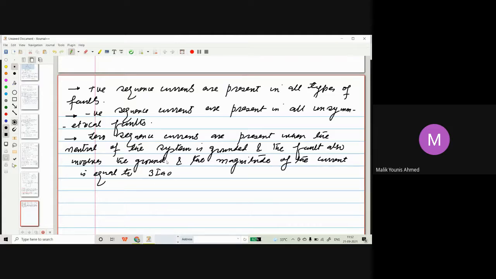These are three very important points. Positive sequence we will find in all types of faults, whether symmetrical or unsymmetrical. Negative sequence you will only find in unsymmetrical faults, you will not find it in the symmetrical fault that we have just seen. And zero sequence will be present only when there is a return path for the zero sequence current. That means neutral should be grounded, number one. Fault itself should involve ground, for example, line to ground fault, double line to ground fault. And ultimately, the magnitude of current will be equal to 3 I_A0. That means neutral current will be equal to 3 I_A0. Three important conclusions were there.